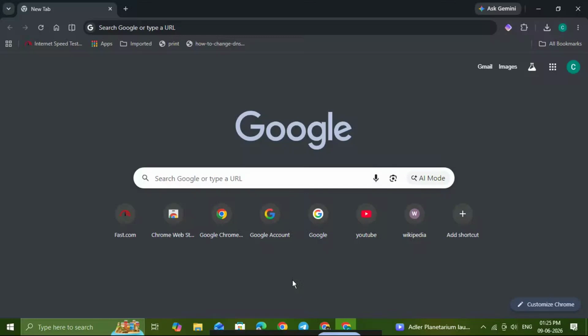If you want to delete Chrome history permanently on your current device, this video will show you the fastest way to do it. We're going to remove browsing history, cached images, and cookies so your local Chrome data is cleared properly. This is perfect if you want to clean up your browser, free up some space, or remove old records